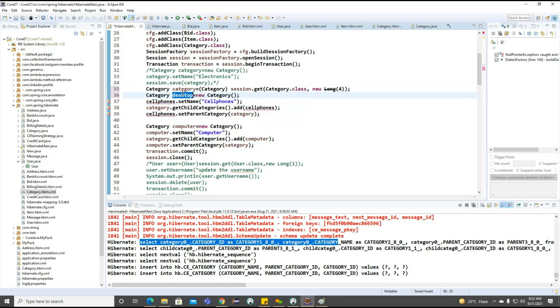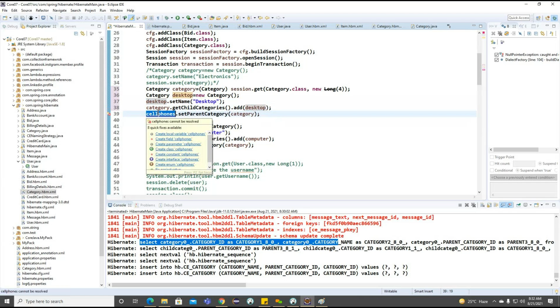Okay. So now here we want to make the particular capital D, and we are making desktop here. And here also we need to make the parent category computer.